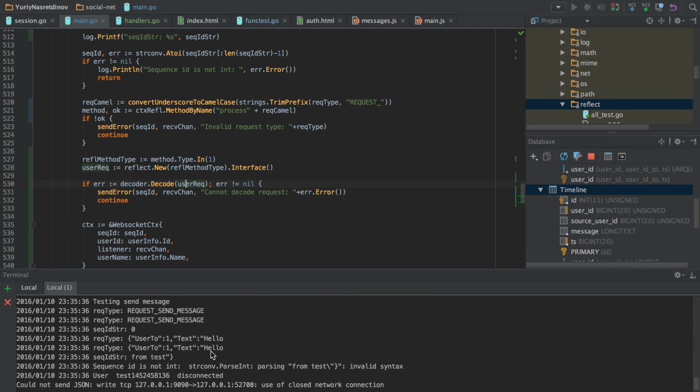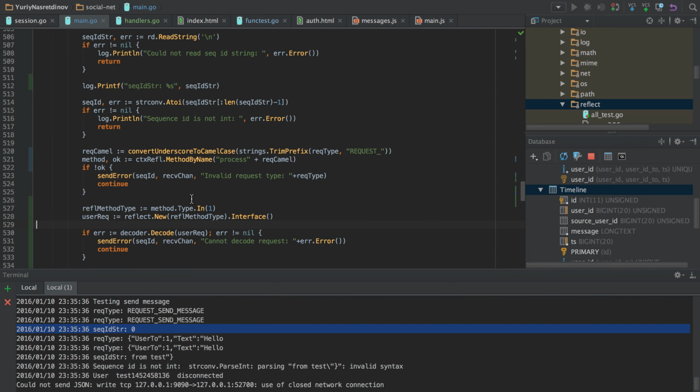I try to find out what is incorrect here. It seems like the first request has some error and is not processed until the end, and we just don't see the error because it is sent to the user.